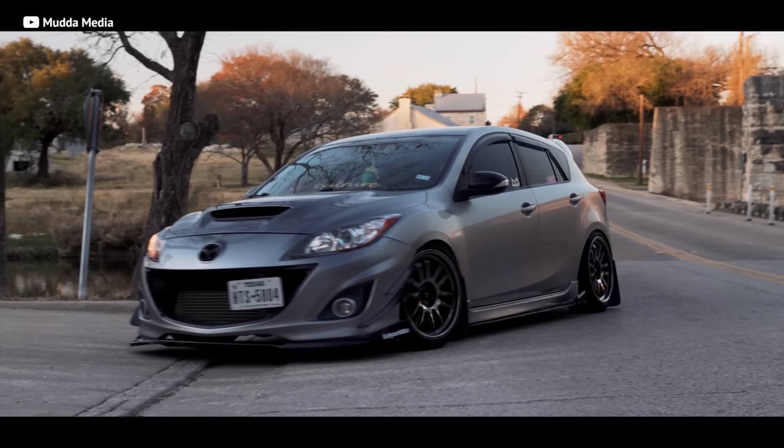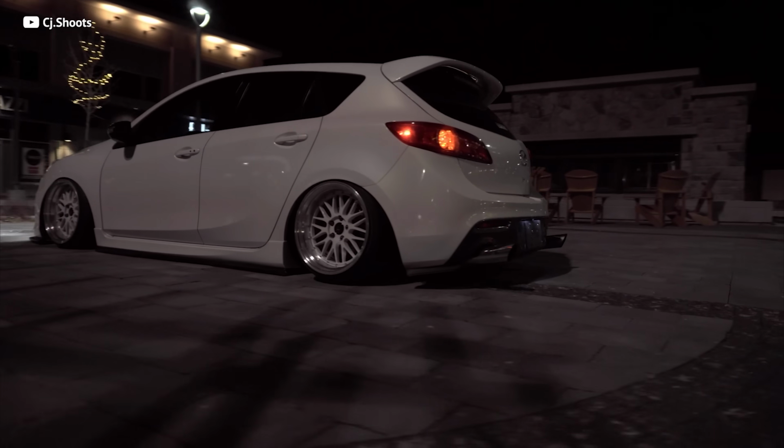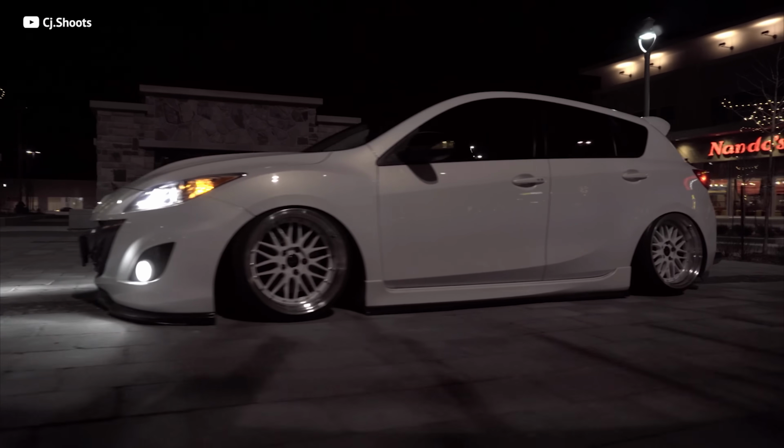Yeah, the Mazda 3 doesn't have all the electrical motors or diesel engines of most of the cars on this list, but it does have reliability on its side. And that's something some of the other normal engine cars on this list can't say. While the Mini is small and sporty, the Mazda 3 is acceptable and practical. Even though it's not as sporty as its fire-breathing Mazda Speed 3 brother,